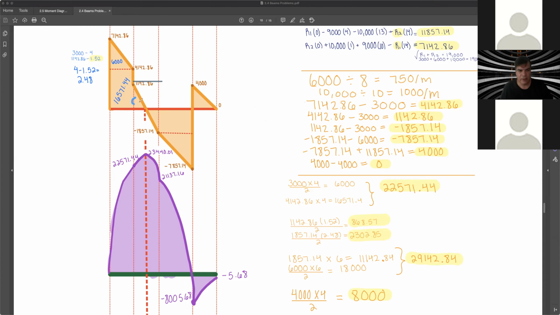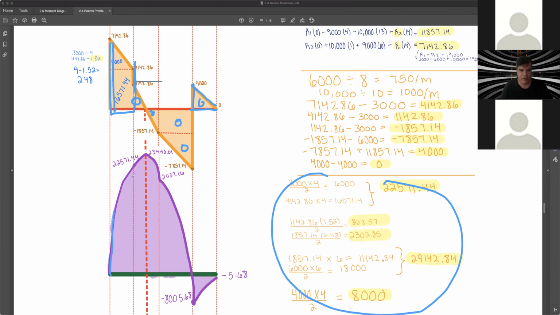After you have this area, this area, this area, these other areas that are easy to calculate, like this is 4,000 by whatever, divided by 2. You have the calculations there, and you just need to plot. All this element is positive, you go up, growing fast, and after slow. You arrive here. After, in the same way, growing fast and slow, you arrive at the maximum moment, that will be this number. After you go down a little bit, and in this case, it's growing